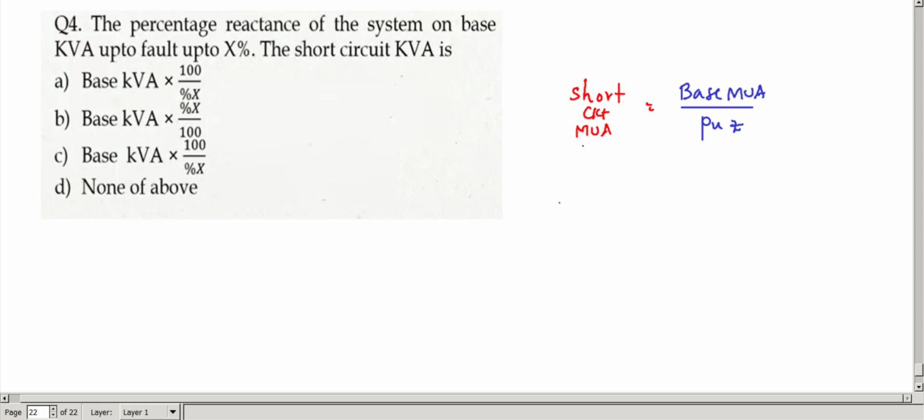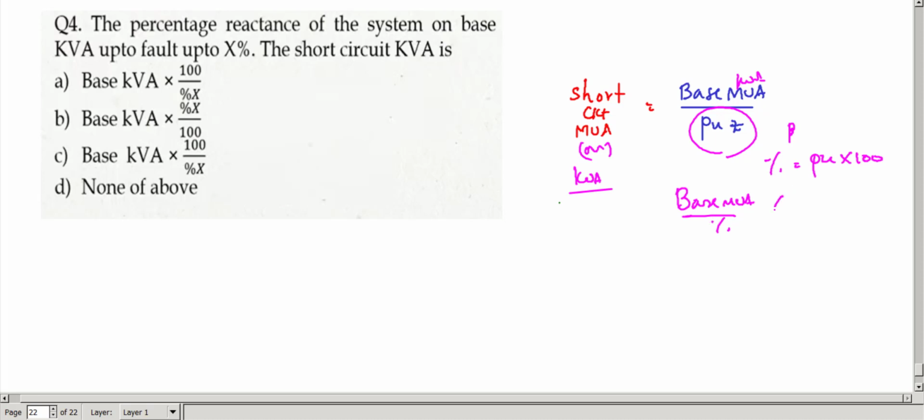or short circuit MVA or short circuit kVA. So whatever it may be, short circuit kVA equals base kVA by per unit impedance. Per unit impedance equals per unit reactance, and percentage reactance equals per unit into 100. So I can write per unit equal to percentage by 100. So base MVA by percentage,